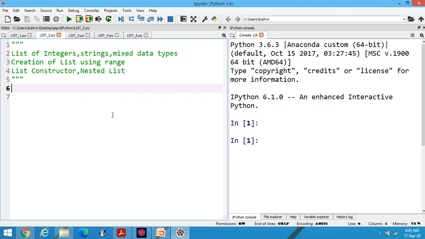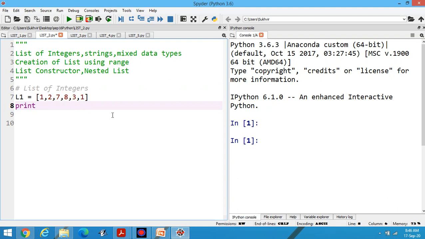First of all, let L1 be the list. To design a list, we can use square brackets. In mathematical sense, we can write a closed bracket. Suppose these are the elements. It's a list of integers. You can write the title here, list of integers.